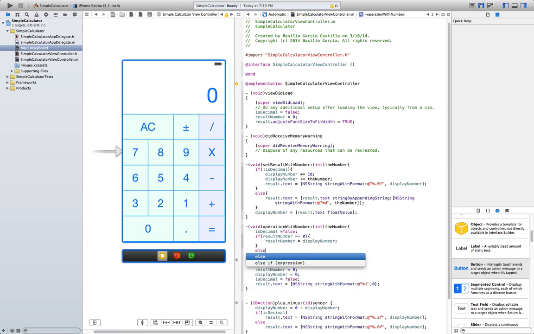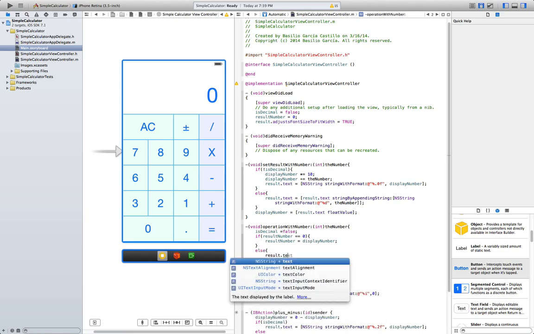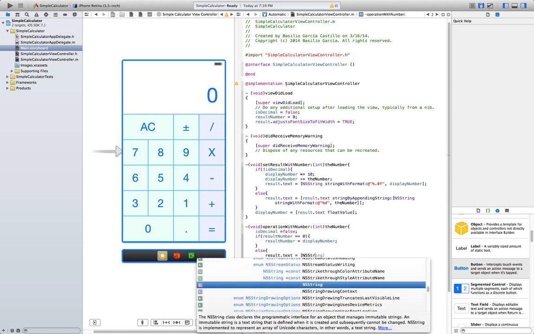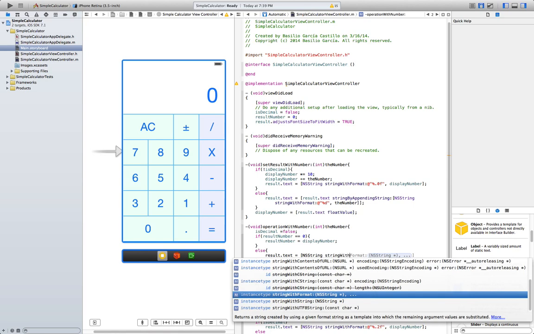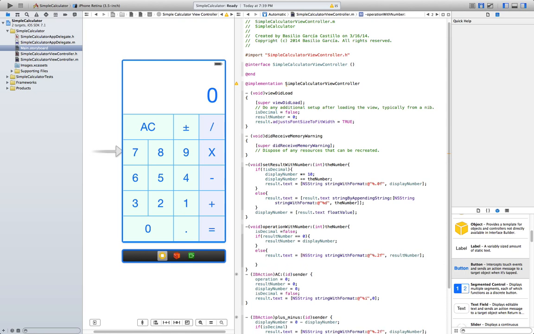But if it's not, so else, result.text is going to be equal to a string with format, where basically it's going to show the result. Point to f result number. And then we're gonna make a switch statement, which, if you're unfamiliar with it, is just a bunch of if statements in a simplified way.